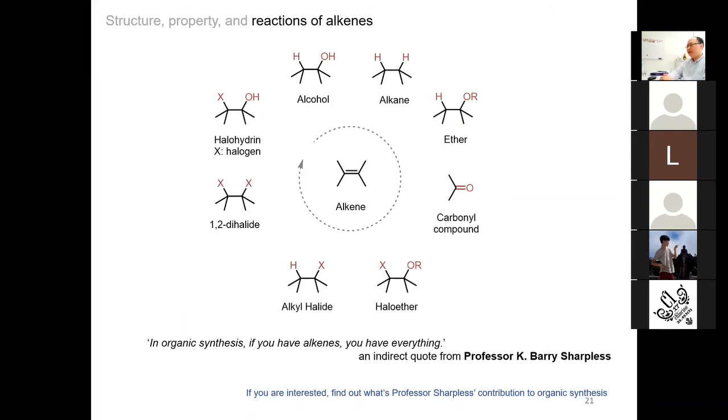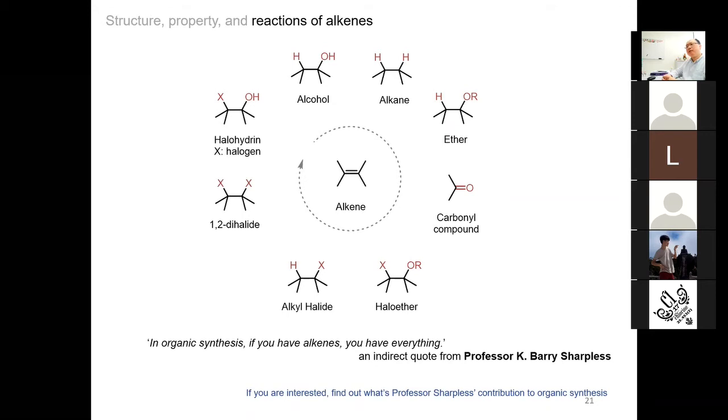Basically, because alkenes can be transformed into all the other groups, if you have alkenes, you can build a lot of complex structures from them. And if you look at the syllabus of this course, you will find that the alkene part is actually